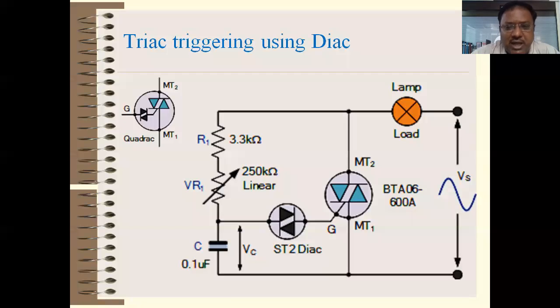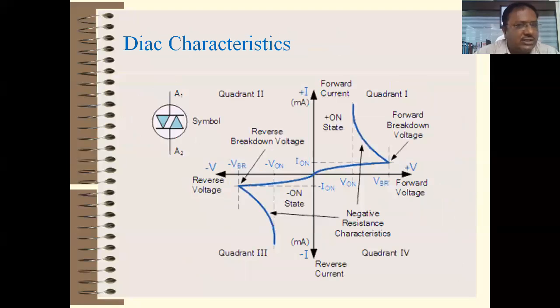Okay, so if you see the diac and triac, both are very much the same, only the gate terminal is absent in a diac. Diac is a device without a gate terminal, and triac is a device with a gate terminal. Okay, so diac is also a bidirectional device like a triac. If you see the characteristics of a diac, which are again very similar to the triac, there will be a little bit of difference. Again the same, it works in the first quadrant as well as in the third quadrant. Okay, there is no gate.